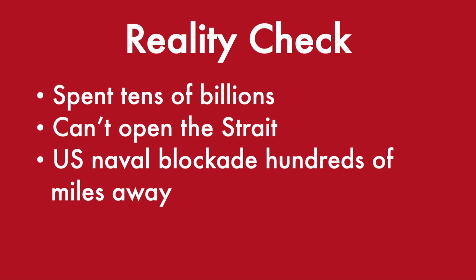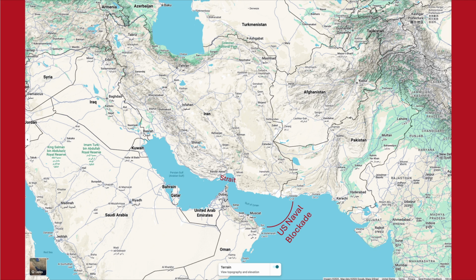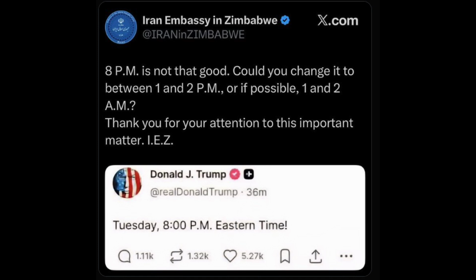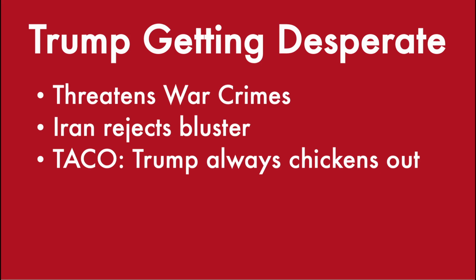The USA is spending about $1 billion a day, but it is unable to open the strait because those same drones can overwhelm U.S. Navy ships, so the Navy is implementing its blockade of Iranian ships hundreds of miles away, near the Arabian Sea. Trump has repeatedly threatened to destroy Iran's power plants and bridges if Iran doesn't agree to America's terms. But these actions can be classified as war crimes, so perhaps that's why Trump has not taken them and has instead extended deadlines multiple times, leading to criticism of TACO, or Trump Always Chickens Out.